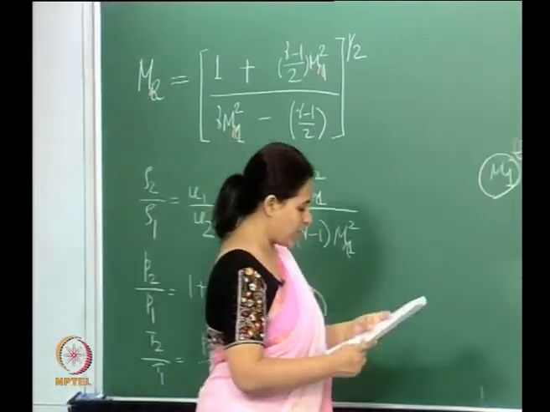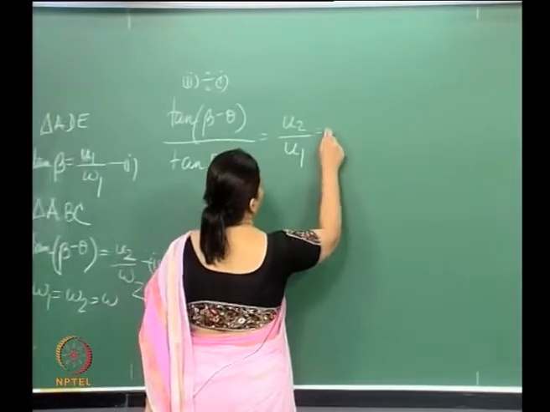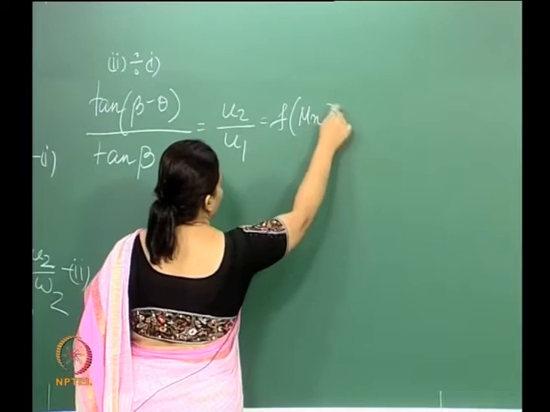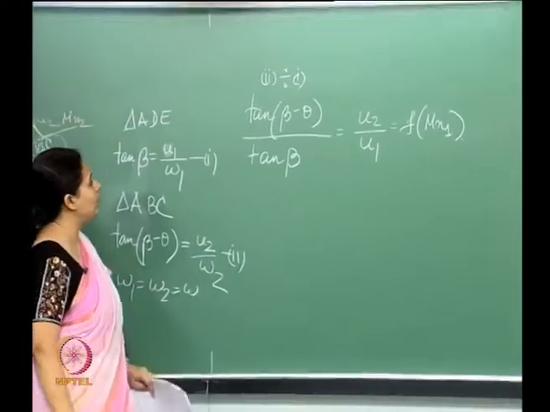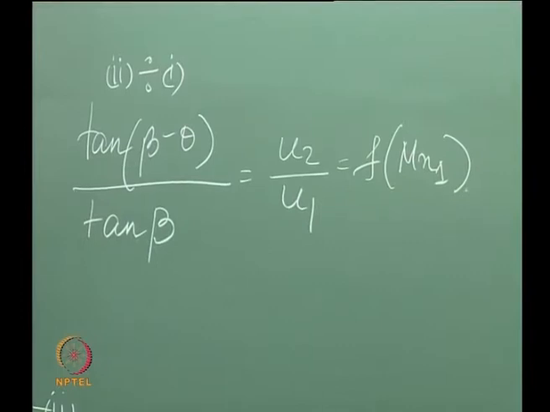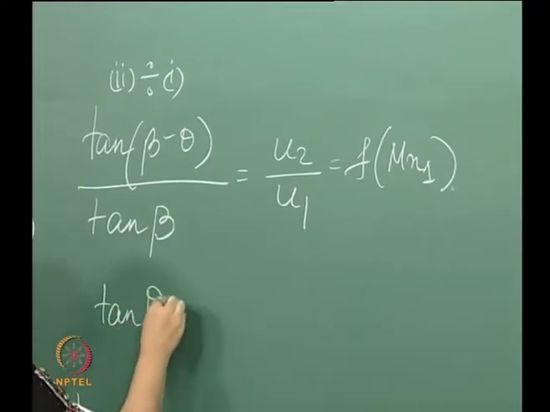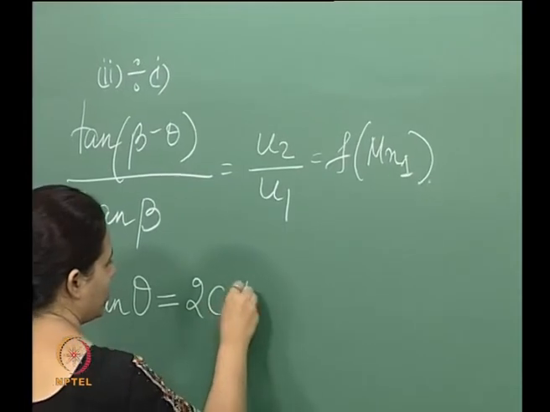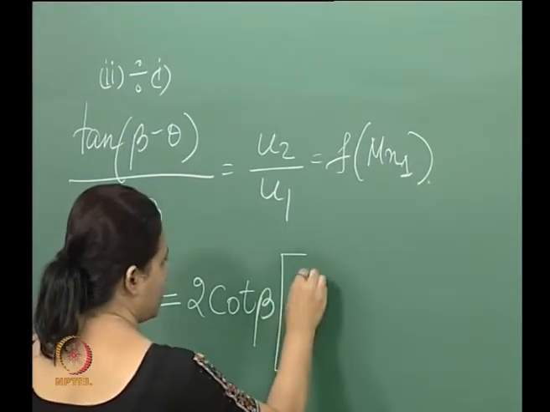What I'm saying is that this is also now a function of the impinging Mach number. And if I do the math, what I will get is this: tan theta is equal to 2 cot beta,